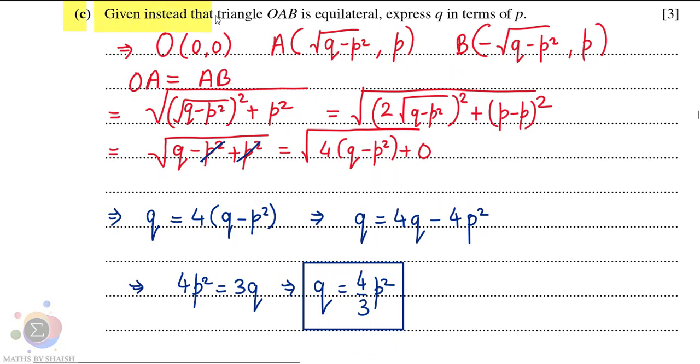C part, given instead that triangle OAB is equilateral, express q in terms of p. So I believe there are so many methods. One method I would suggest, which I have used here, is like if we have an equilateral triangle, let's say this is the equilateral triangle. In this case we can take A anywhere, but I think this is not the proper diagram. In this case we can say that this is the equilateral triangle, in which this is going